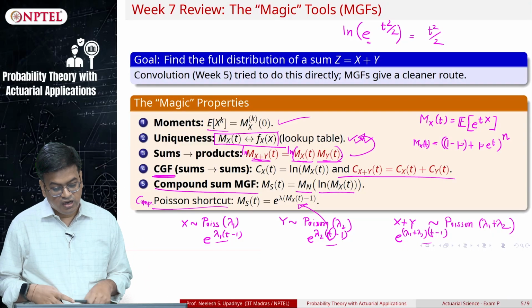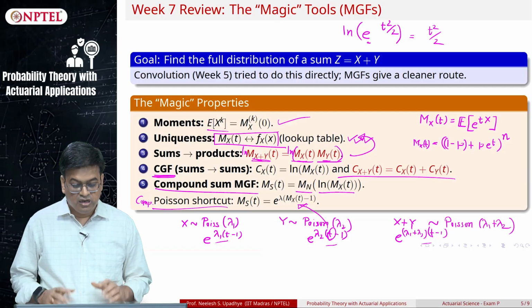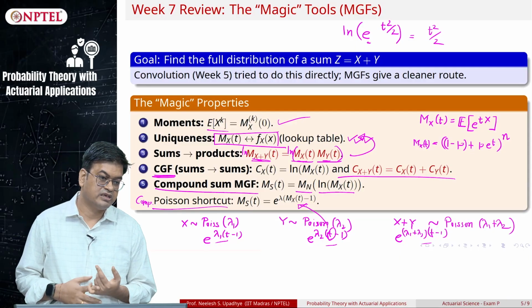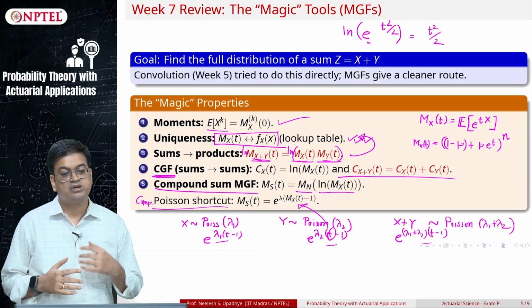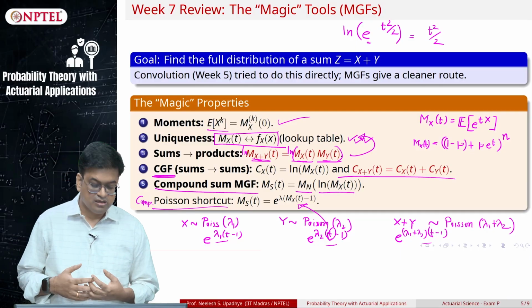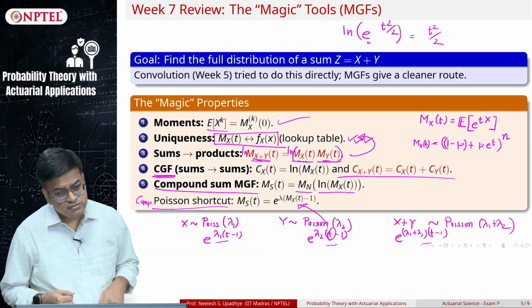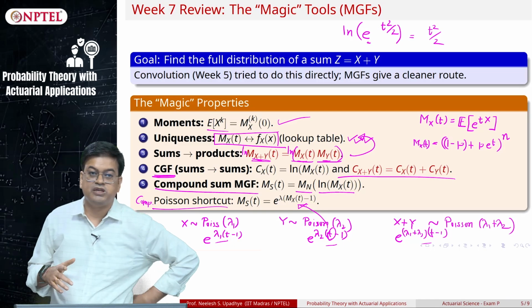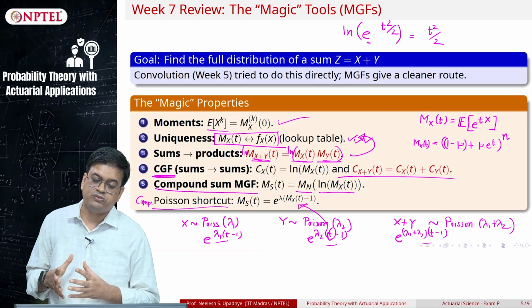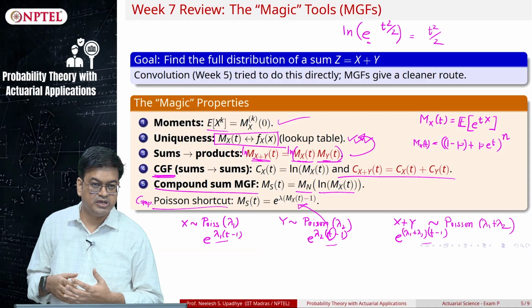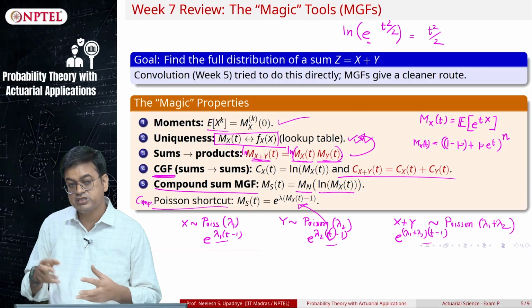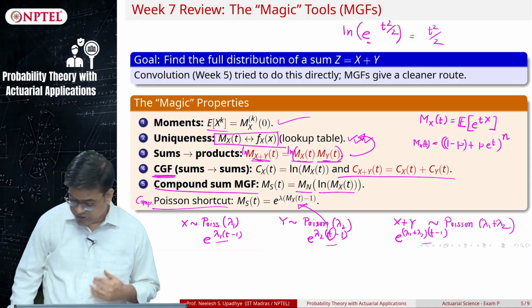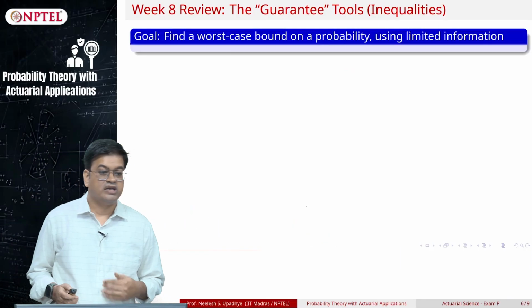Now we understood how to consider sums, how we can handle them effectively using moment generating function or cumulant generating function. But to compute the actual probabilities, these things are not helpful. So what can we do? Therefore, if somebody gives me some information about moments, I can best approximate those probabilities, and I want to use the information about those moments while approximating them. That is where we ventured into a tool called inequalities.